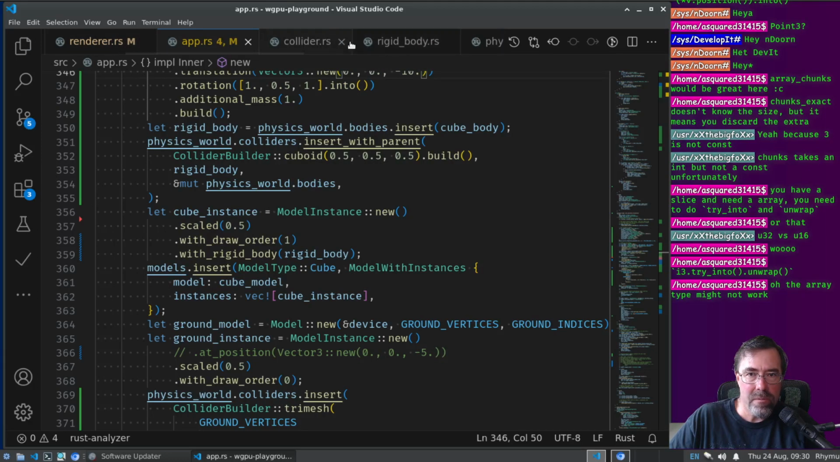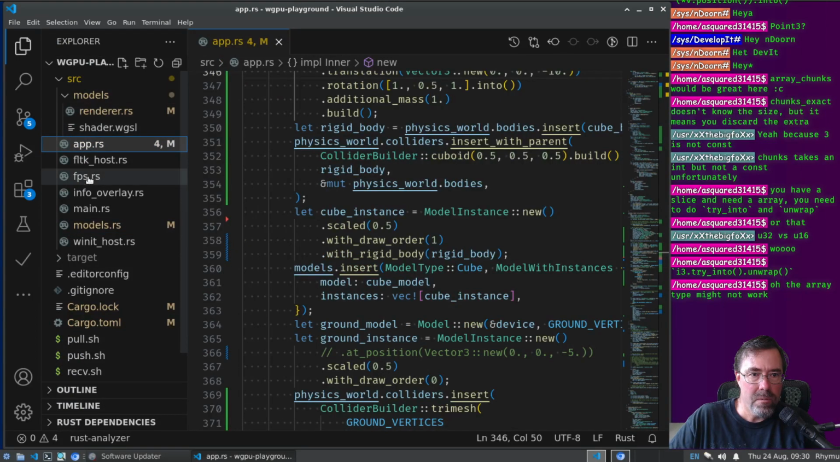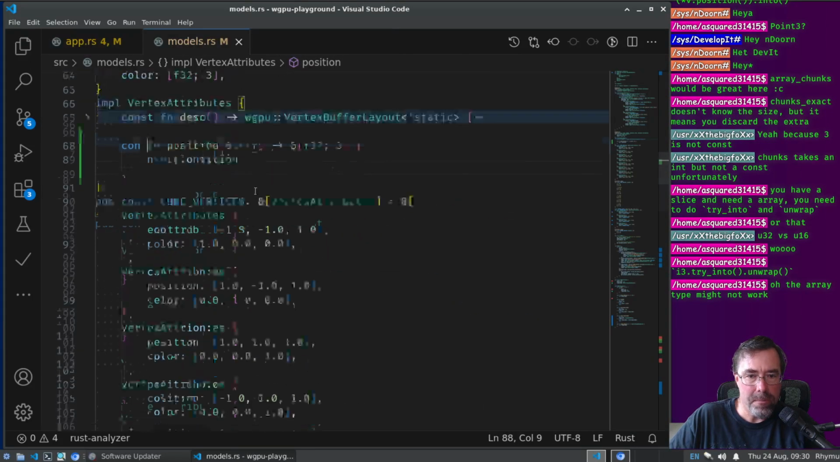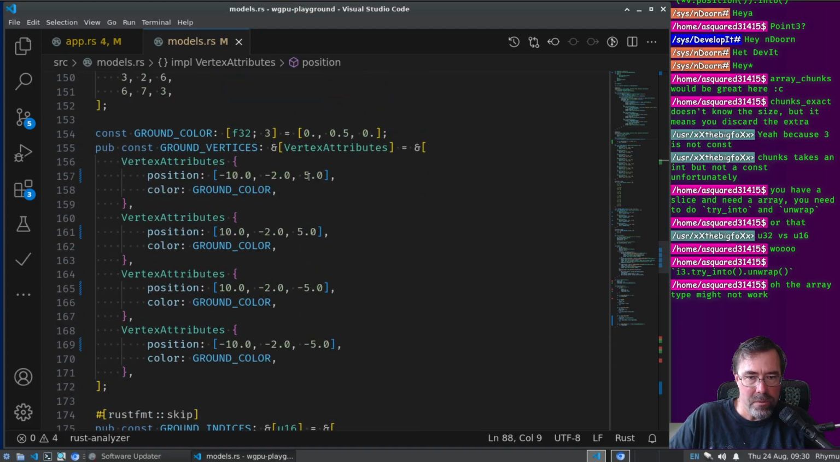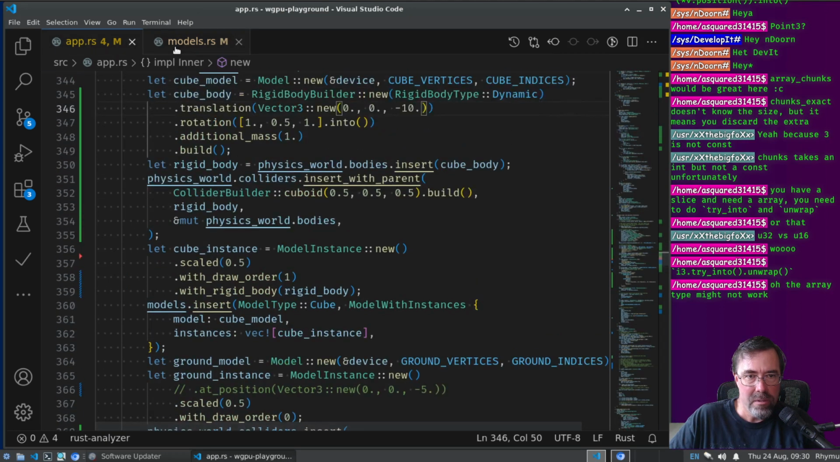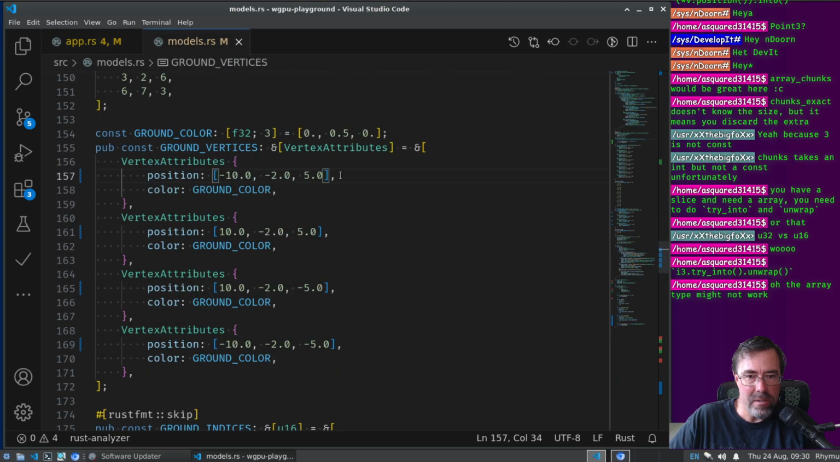Too many files open. Let's close others. Models. Okay. Ground. Let's push it out. I think that's why I had moved it. I needed the ground to be under the cube. So if I moved the cube even further out to 10, then